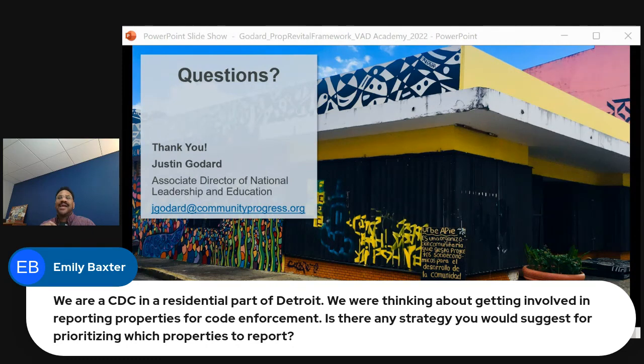The example I always use is, let's say you have a vacant building in your community and there are children who play in that vacant building. Code enforcement may not see that because they may come out for a few minutes one day a week to see the property, but they're not going to see that this property is critical to address because children are playing in it, versus another property where that's less of an issue. So I just want to empower you to be that voice and be that lens, not for code enforcement, but as community residents who are rooted in the community.